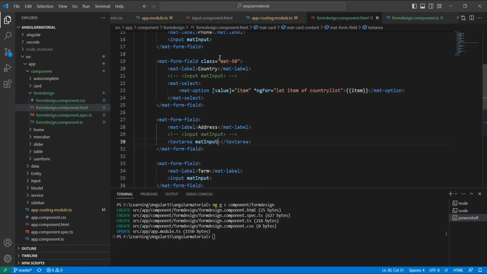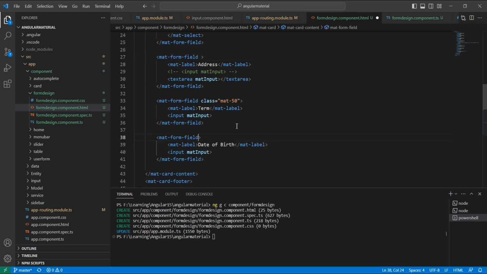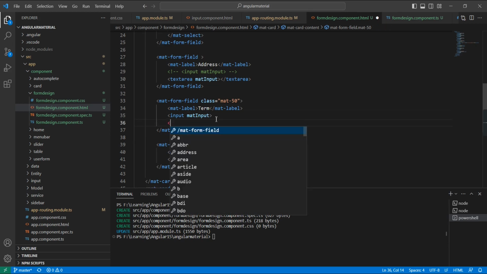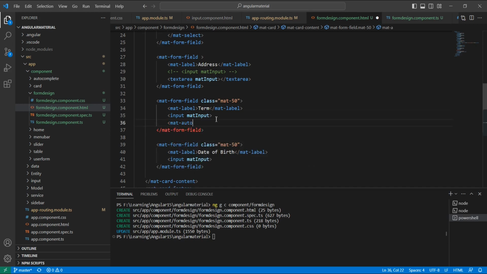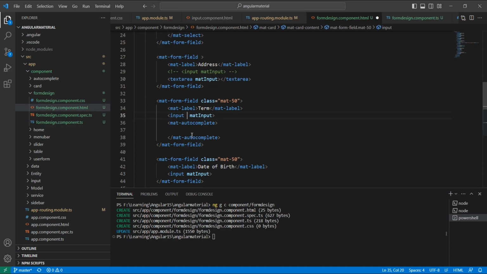The third one is term and date of birth. For this one also, let me include this class. In the same line we can have two controls, that is my intention. And this term is the autocomplete. So here, let me include matAutocomplete. For the connectivity, we have to use the property matAutocomplete, and the same thing we can bind here